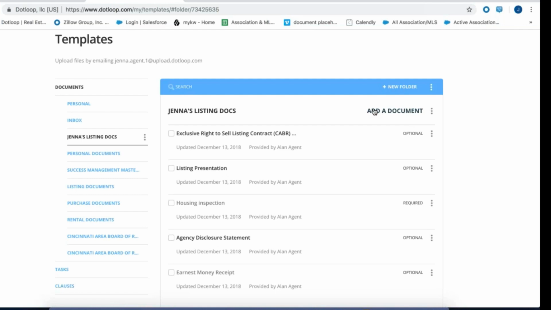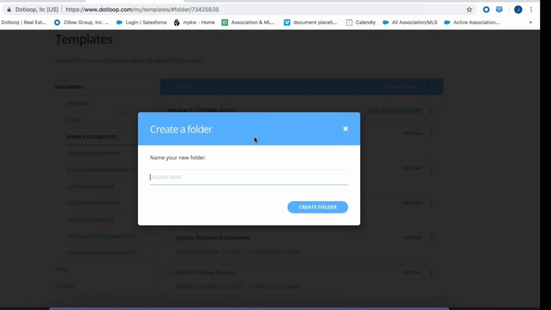So something that I talk with agents about doing that I've seen people have a lot of success with, and it makes it very easy for them when they do get that dreaded PDF in an email, is setting up co-op contracts. So with that, what I would suggest is creating a folder that's called just co-op docs. So I'm going to click on plus new folder, and I'm going to call this co-op